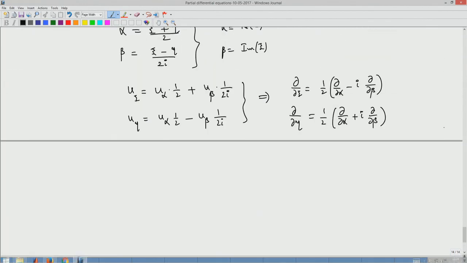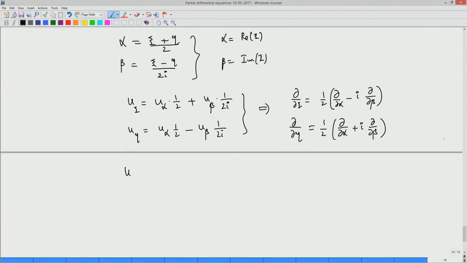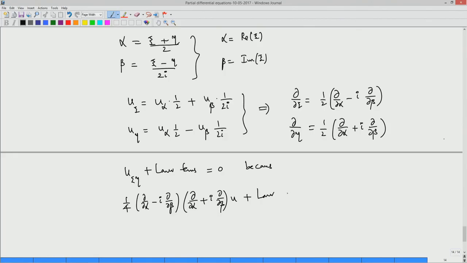Now if you put it in u alpha beta, what happens to your u xi eta? u xi eta plus lower order terms equal to 0 becomes, in terms of these new variables alpha and beta, one fourth of do alpha minus i do beta into do alpha plus i do beta u plus lower order terms